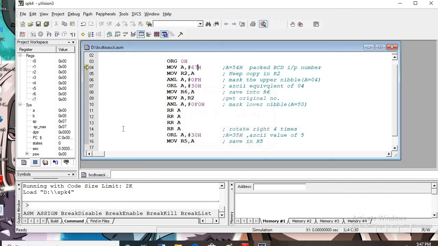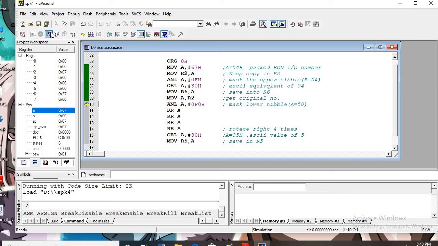Okay. And see here, single stepping. First step, the number 67 is taken. You observe this project workspace part. This portion, just observe line by line. So next the number is taken, unpacked 07, then added with 30. The accumulator content, continuously observe. This A, just go on observing. 37 it will become. It is copied into this R6. Simultaneously you see the program also.